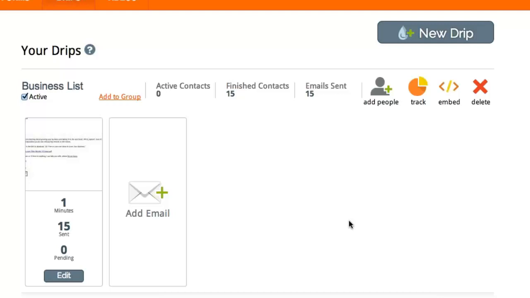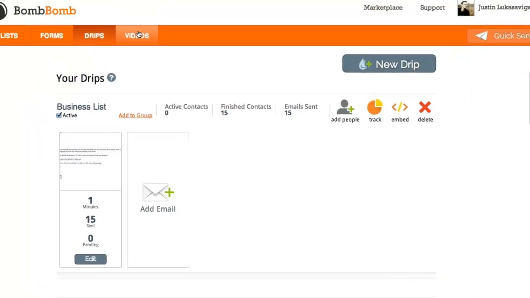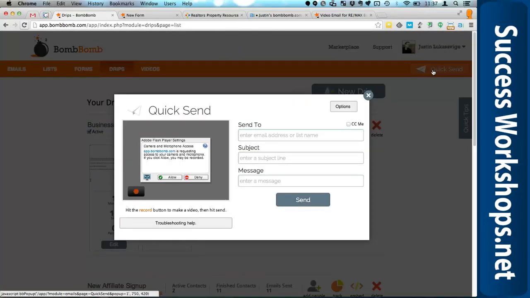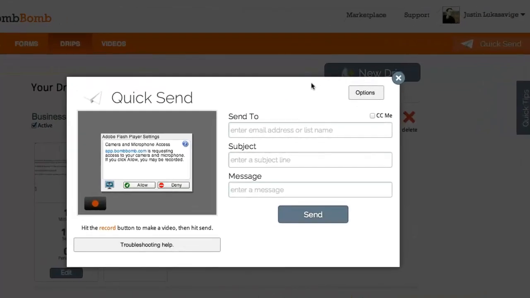You can create a video on any camera imaginable: on your phone, on your point and shoot if it has video capability, on a DSLR, on a webcam, and you can upload it directly through the Videos tab. Additionally, you can also hit this Quick Send button, and when you do that, you get a little slide up here that allows you to instantly, again, I'll hit allow here, and it's going to take over my webcam, and